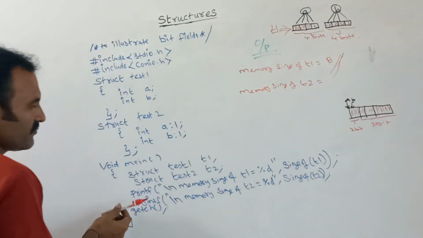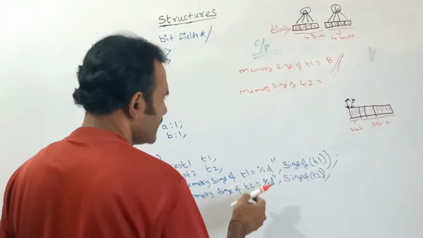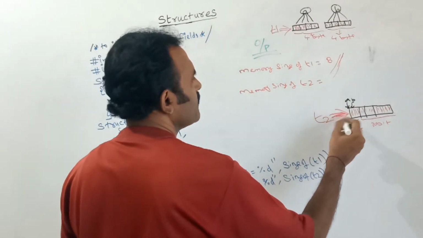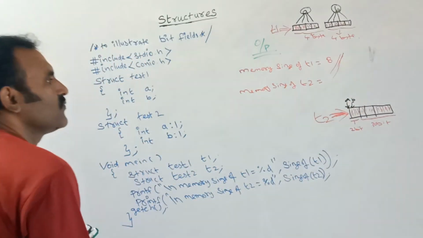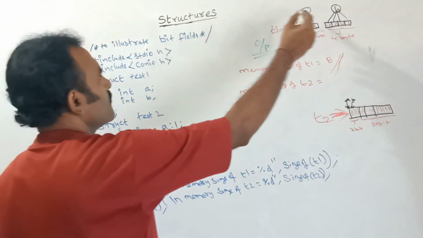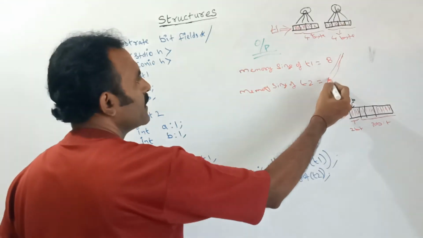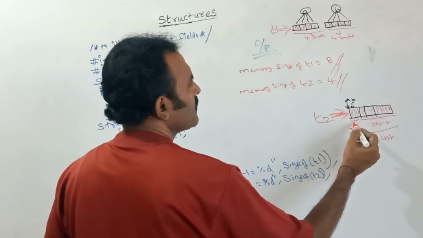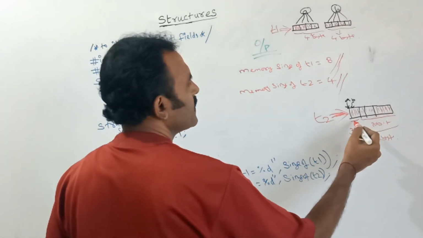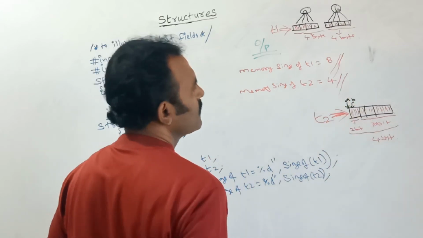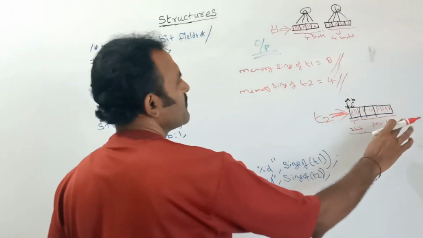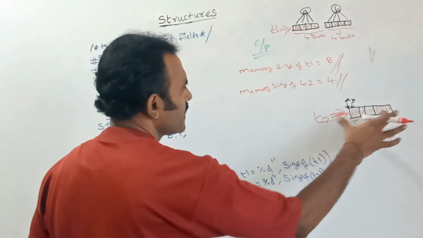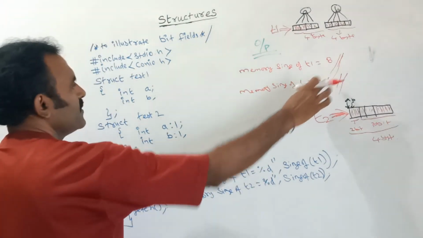So when I am telling to print the size of T2, here the memory will read 4 byte for a 32 bit machine. So here the answer will be 4 byte. Total is 4 byte: first byte, second byte, third byte, fourth byte. In the first byte it takes up to 2 bits, the remaining 30 bits are free. But when I print the size, it will tell the complete size. So here the value will be 4.